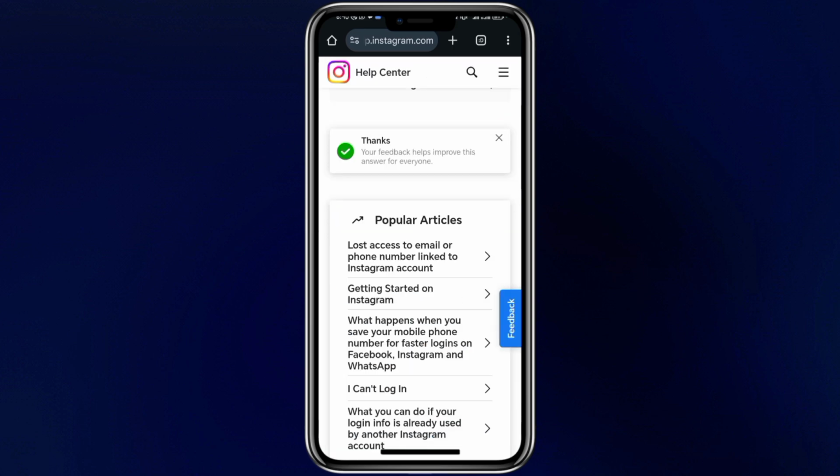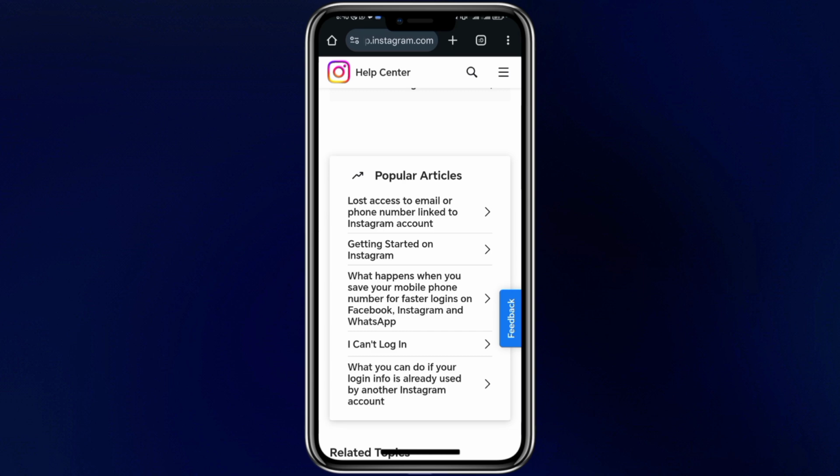So once you do that, your Instagram account that was deleted will be recovered and you'll enjoy using Instagram once